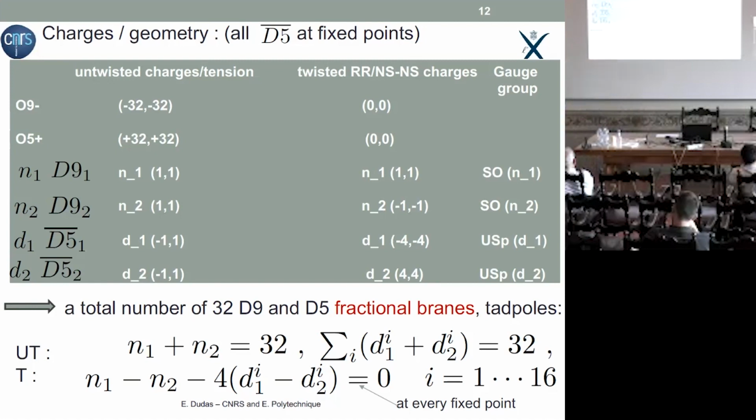In our example, we took the maximal gauge group, we put all the 5 anti-5 branes at one fixed point, let's call it the origin. And we did that, I believe most of the people are doing. We took the equal number of these D9 branes of 2 types, equal number of the anti-5 branes of 2 types. This led to the gauge group that I mentioned before, and also leads to the